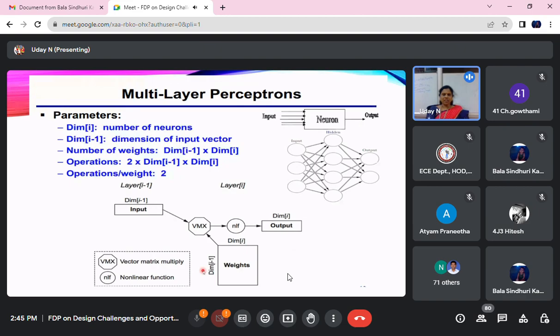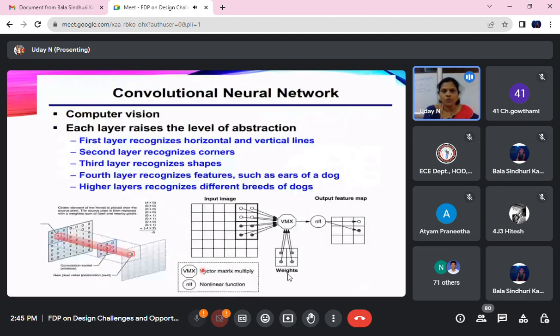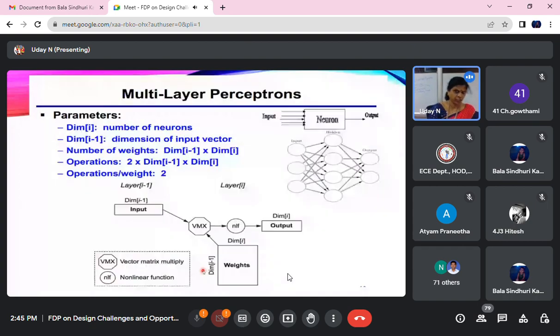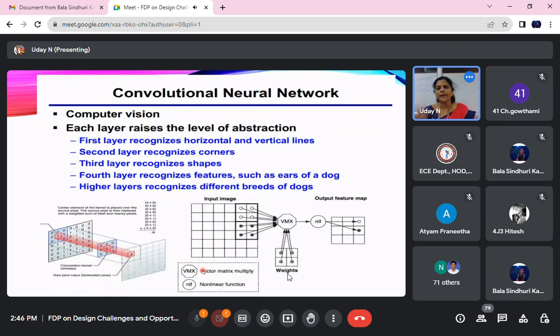Now let us see how you can extend it to a convolutional neural network. A multi-layer perceptron is not a deep neural network. It is a simple artificial neural network, having only one layer. Whenever the number of hidden layers is less than 3, it is just an artificial neural network, not a deep neural network. A convolution neural network is definitely a deep neural network, in which the number of hidden layers is more than 3. Generally, the convolution neural network is useful for computer vision tasks, for all the object recognition tasks and pattern classification tasks.